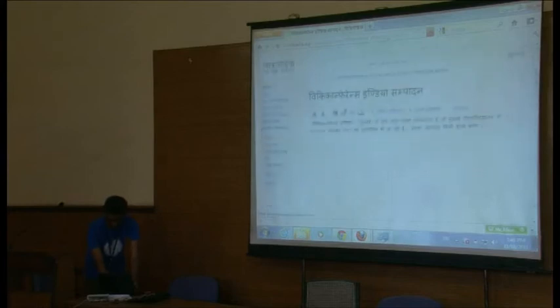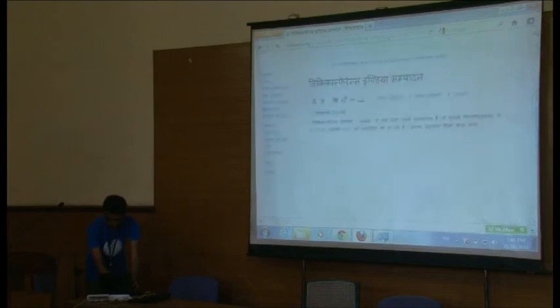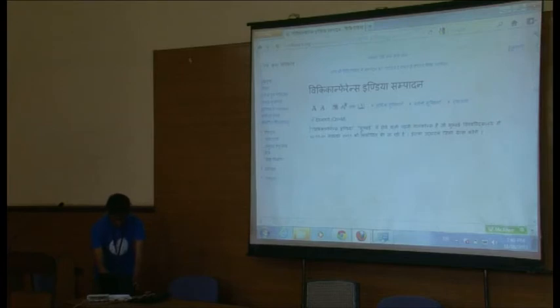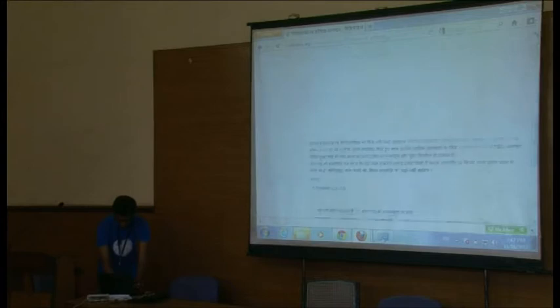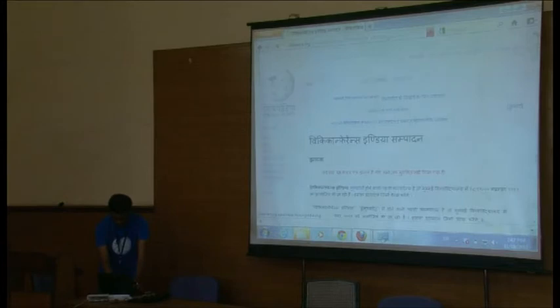And now I'll show how exactly to link to an already existing article inside Wikipedia, which is also called wiki links. If Mumbai is an article which is already there in Hindi Wikipedia, and I want to make sure people who are seeing this article will also be able to read something about Mumbai, I can put two square brackets before the word and two after the word, and check if the article is already there in the Hindi Wikipedia.